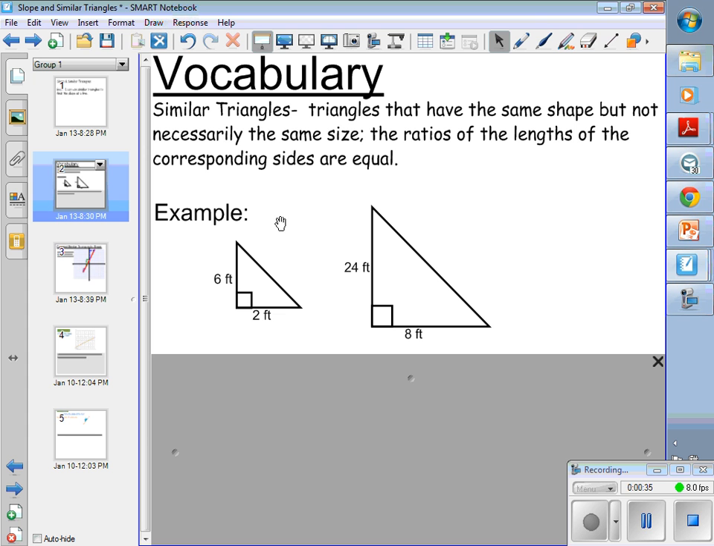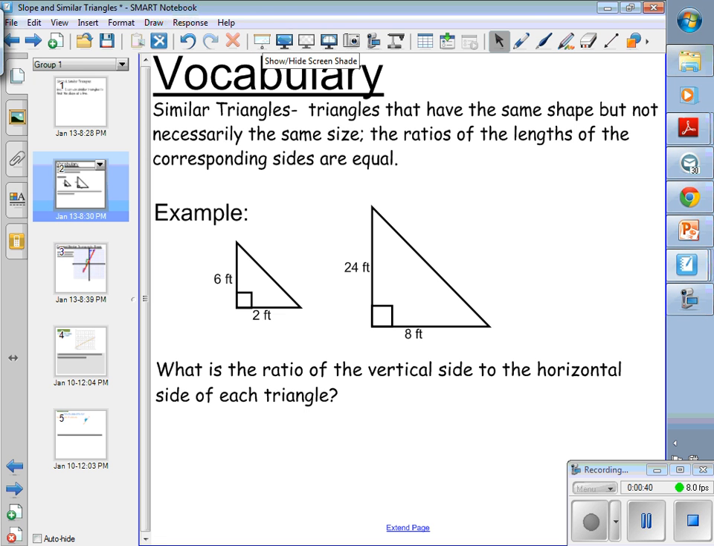Here are two triangles for our example. What is the ratio of the vertical side to the horizontal side of each triangle? Copy the pictures down and then we'll work through it. So if we're doing the ratio of the vertical side to the horizontal side of each triangle, we're going to do